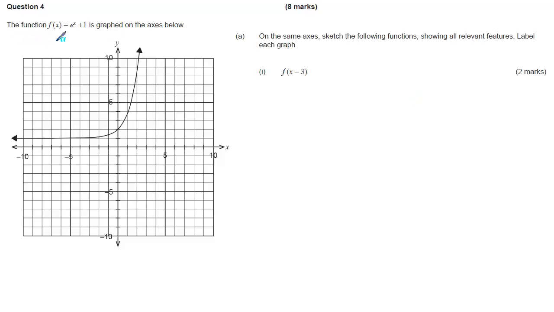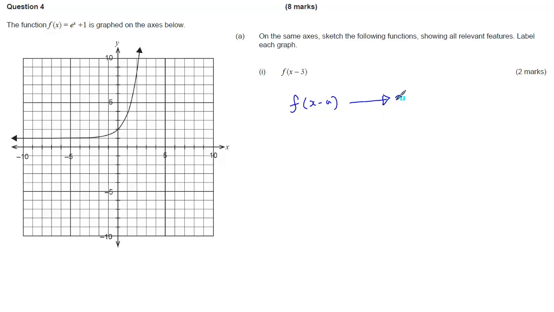The function f of x is e to the x plus 1 is graphed on the axes below, as we can see here. On the same axes, sketch the following functions showing all relevant features. Label each graph. So here we have f of x minus 3. Now we know that f of x minus a is a horizontal